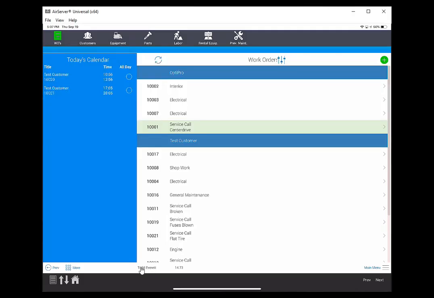So now I'm logged in as Todd Everett. Todd Everett is the field technician. Over here on the right-hand side, you'll see all of the open work orders that we have. And then we can see the two calls that I'm scheduled for. So the one that we just dispatched is this